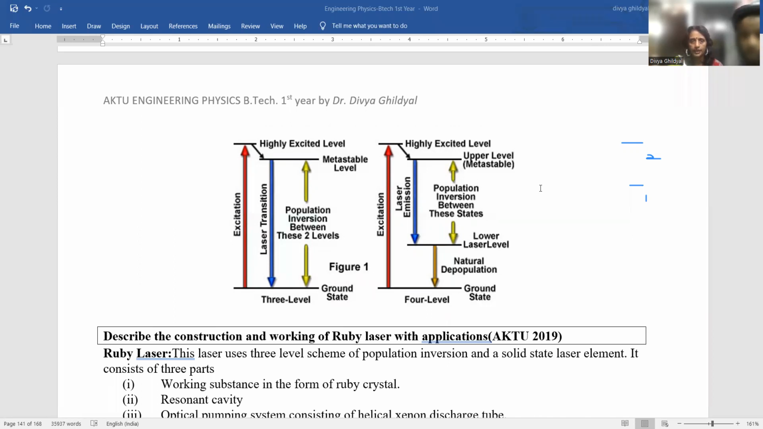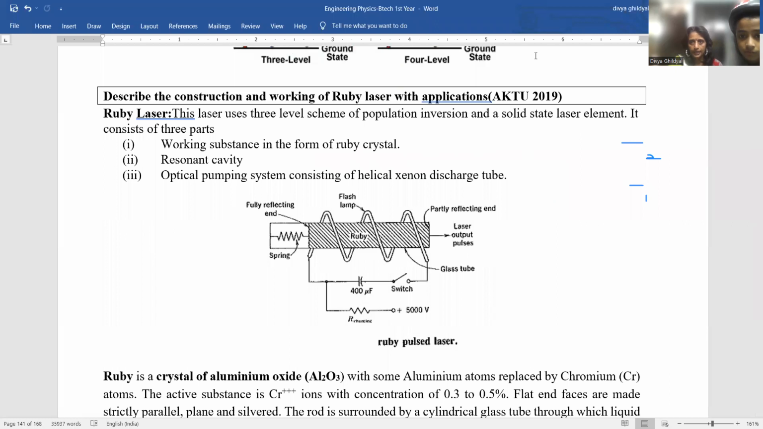Now, ruby laser. Firstly, let me tell you that ruby comes from the ruby crystal, which is red in color, and this is a 3-level laser system, and it comes under the category of solid state laser element. It consists of